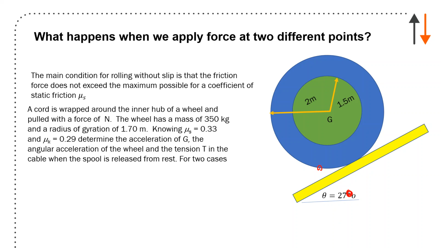So I have a cord that's wrapped around the inner hub of a wheel and pulled with a force of T. The wheel has a mass of 350 kilograms, a radius of gyration of 1.7 meters, 1.5 meters for the inner radius, and 2 meters for the outer radius. Knowing that the static friction is 0.33 and kinetic friction is 0.29, determine the acceleration of the center of mass G, the angular acceleration of the wheel, and the tension T in the cable when the spool is released from